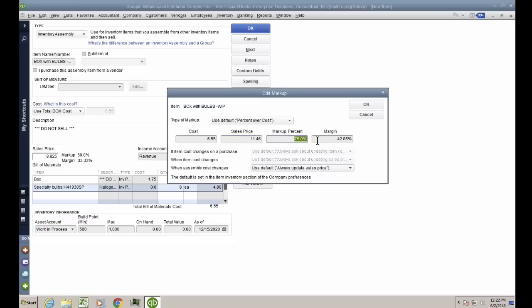Or let's say, for example, I don't want to do it based on markup. Let's say I want to do it based on margin. Let's say I want at least 35% margin on these products. So I'll type there 35% and then hit Tab, and QuickBooks will then again calculate my sales price. So this is, again, only available in QuickBooks Enterprise, but this is very useful because down here where it says